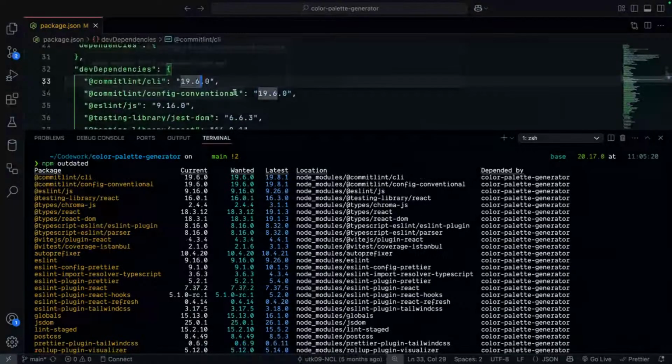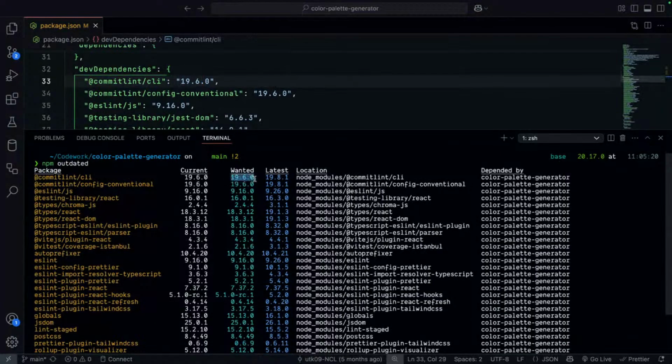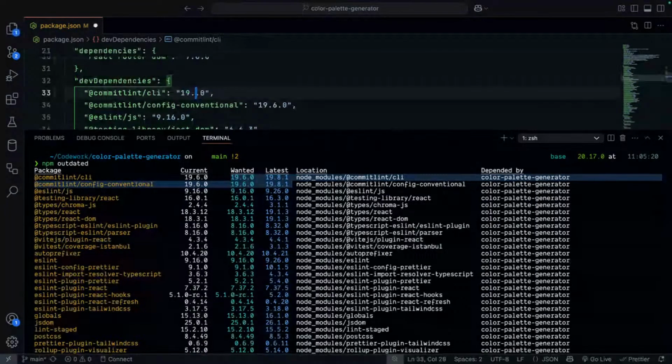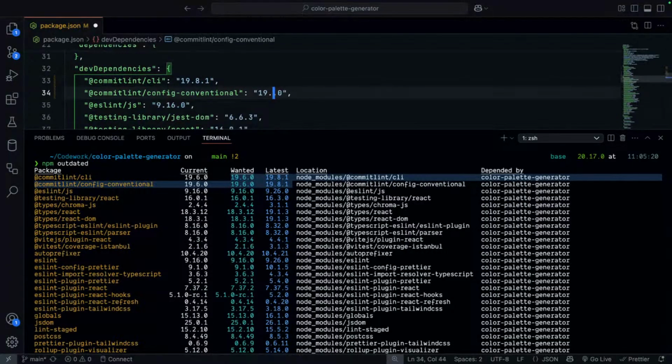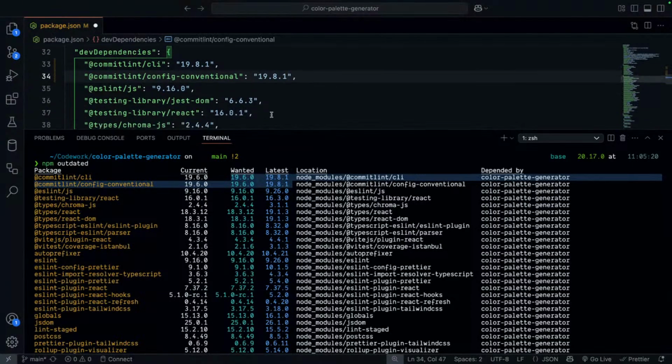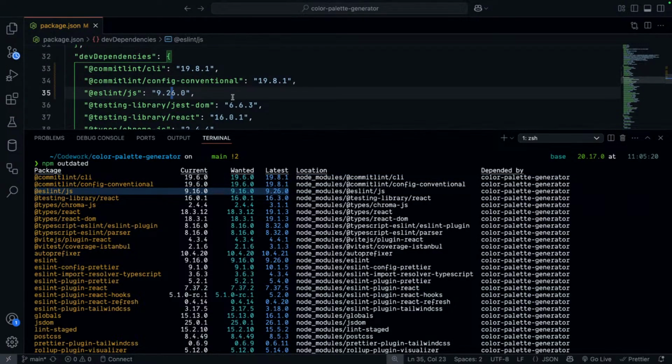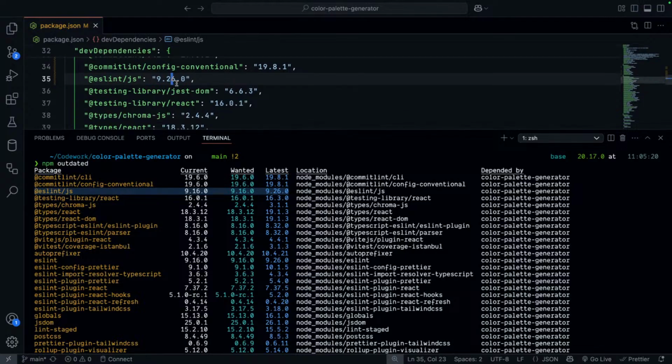It needs to go from 19.6.0 to 19.8.1. Config conventional, similar. ESLint has a bunch of, wow, it's gone up by 10 versions. That is amazing. Testing library React has an upgrade,